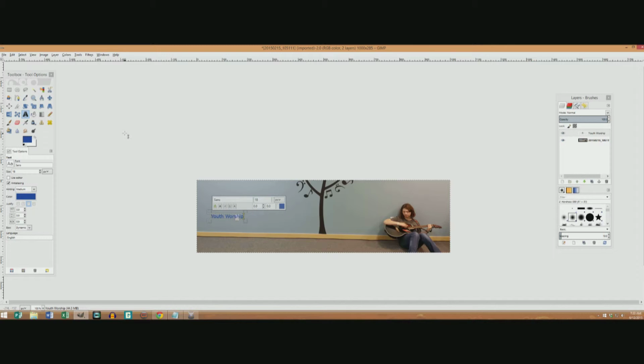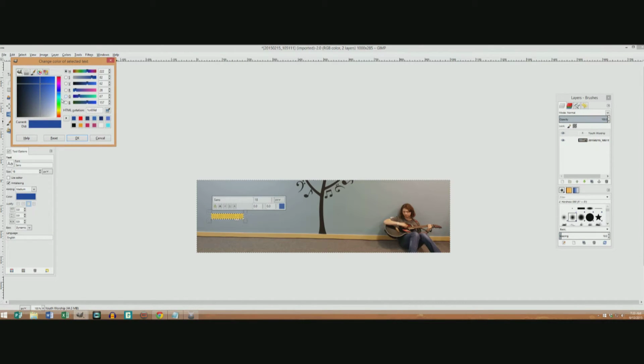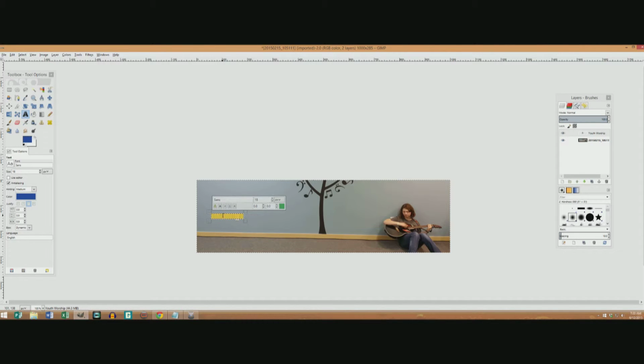Now, because I had blue before, it starts typing in blue. But if I want to change that, I just double click on the words and then click on the little color palette there. So let's make it green. Now it's green. The other thing I can do is go over here and click on Sans. Sans is a font type, and we'll make it Courier bold, and then I can make it bigger. I can make it bold,